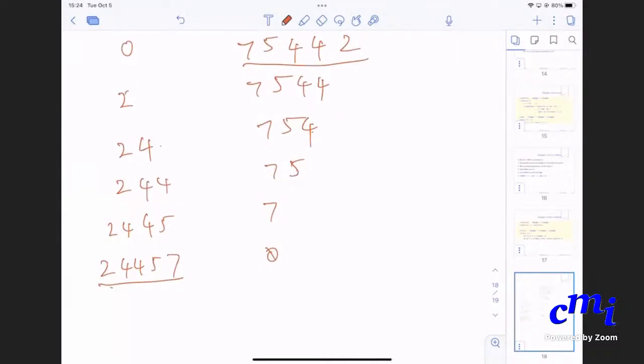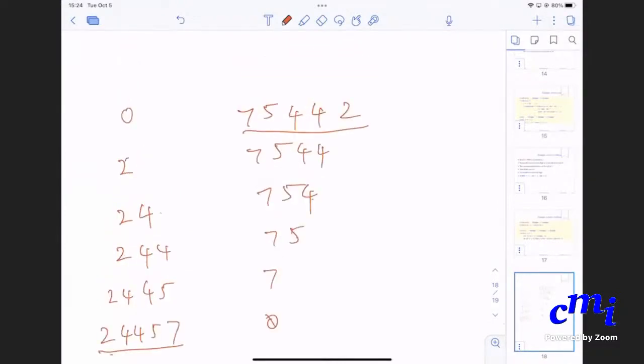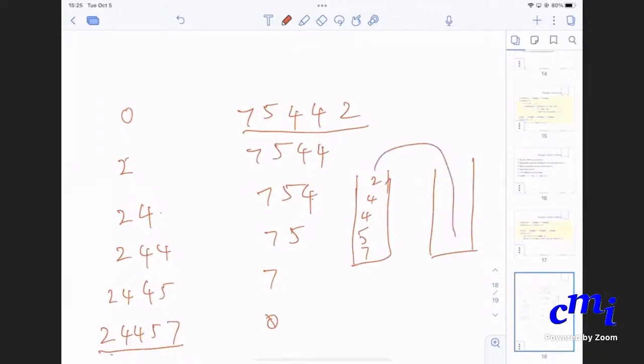Yes. It is like if you think of these numbers as a stack of plates, 7, 5, 4, 4, 2. You are having another stack here, an empty stack. You are taking things on the top of the stack and putting it on top here. So you will take 2 and put it on top here. Then you will take 4 and put it on top here.